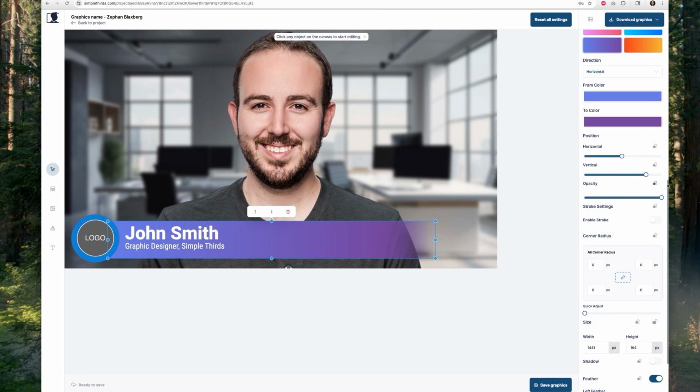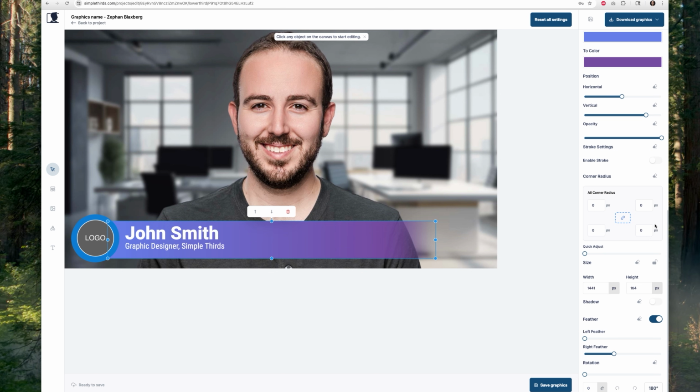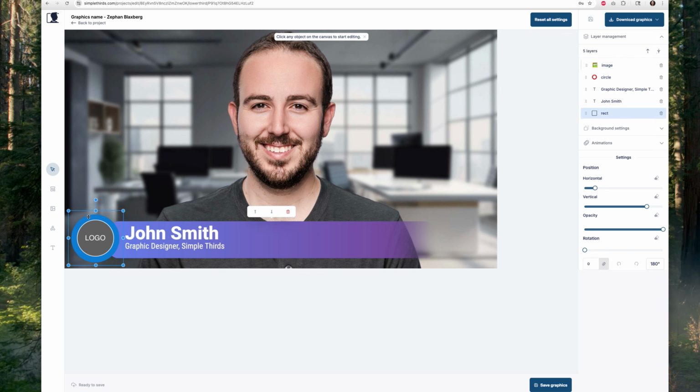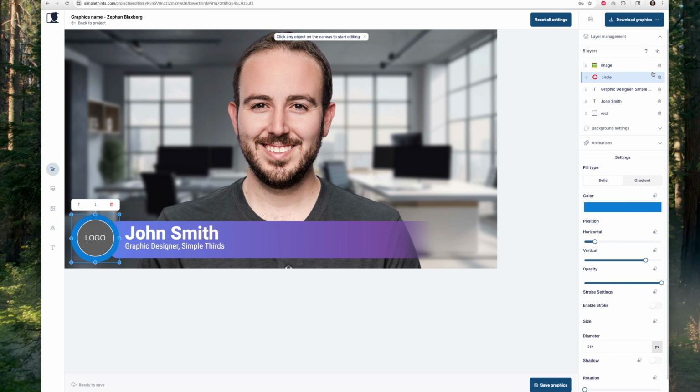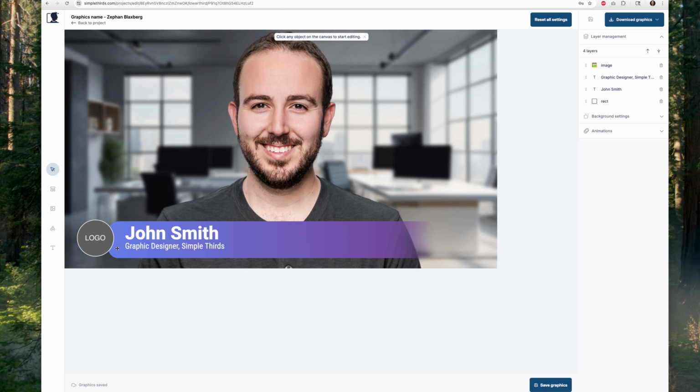We've gone over this in another video, so I'm not going to dive too far into this, but real quick, I'll just do a little corner radius update. Let's make this maybe a 50 pixel radius all around so you can see it kind of rounds out the corners there and on that side as well. One other thing I want to do is I want to delete this circle that's behind my image. So you can see my layers here. I'm going to go to this circle, hit delete,